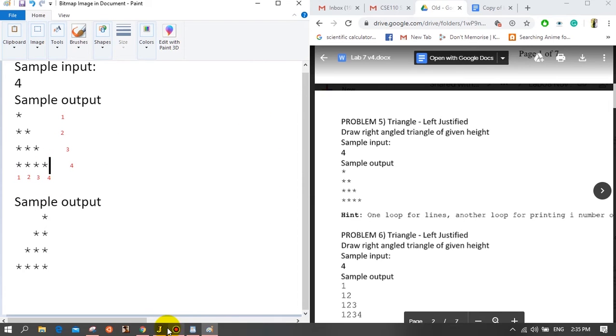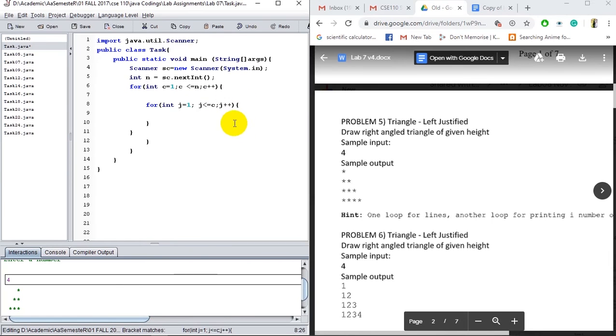So this is my loop, and we need to print here using System.out.print. We are printing row-wise. Whenever we use print, that will print in row-wise and will not print any new line, but whenever we use println, that will create a new line. We need to use that a bit later. So first here we will be printing the star,